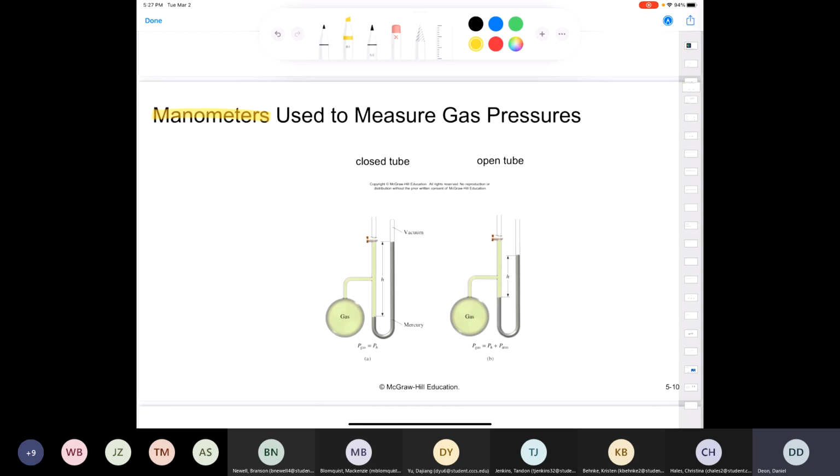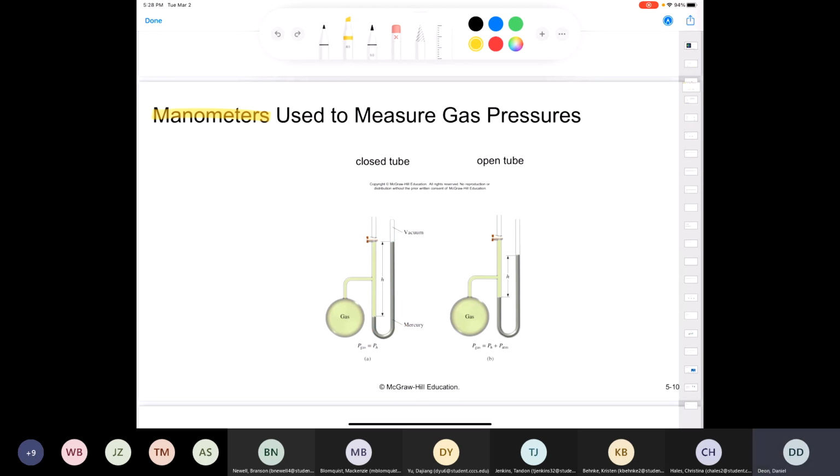than the book does. You can have either what's called a closed tube manometer, which is where you have a gas in a bulb that's shown here. You have some mercury in a glass tube here that's connected to the gas, and then you have this stopcock here which keeps it all closed. Okay, so if you think about,